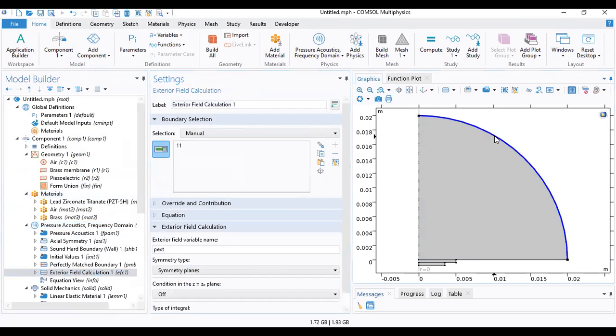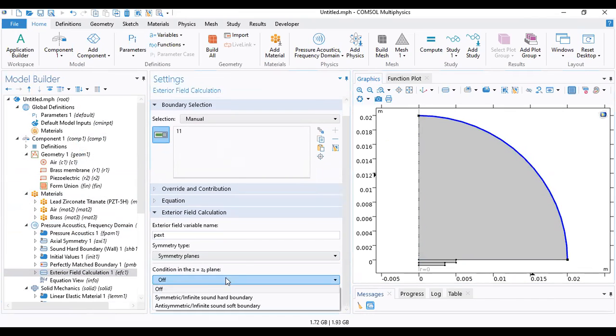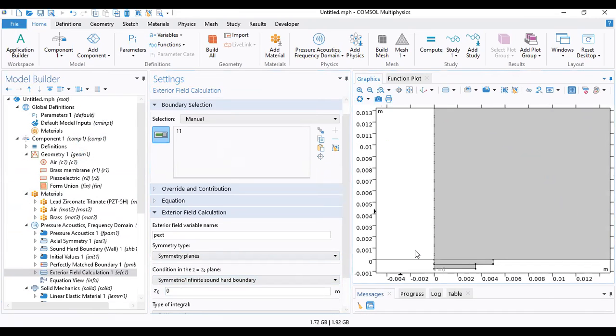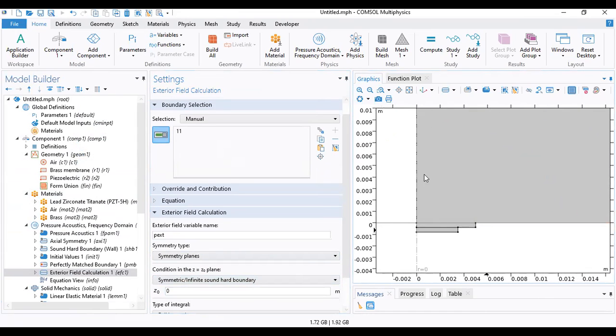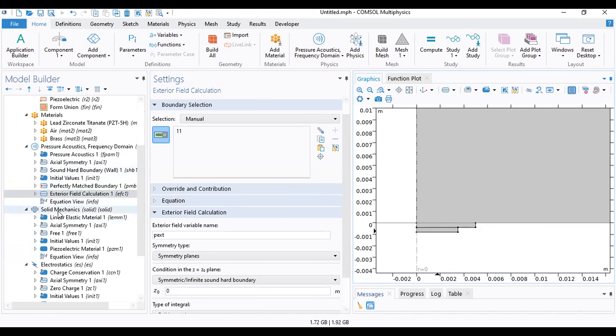Again, I apply it to the boundary number 11, and here I need to define it as infinite sound hard boundary. Also, you can see the details in the documentation, but for these applications, we typically use these options, and the symmetry plane is z equals 0. Okay, I just finished setting up the boundary conditions of pressure acoustics, and I go to the solid